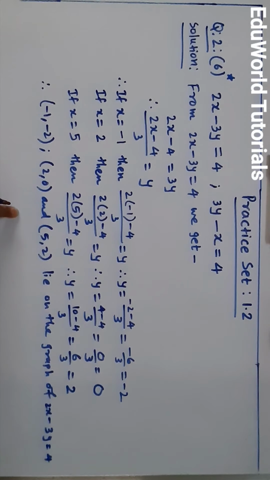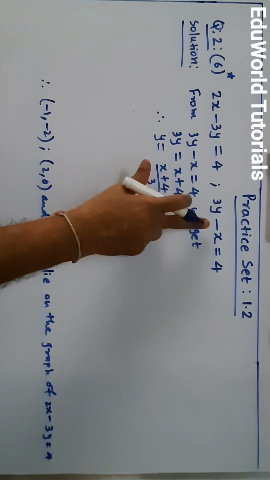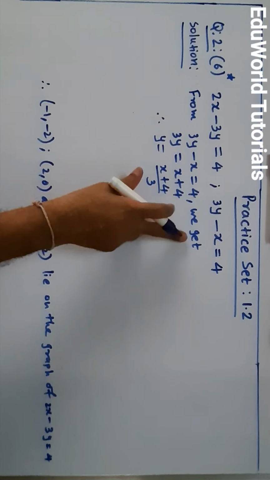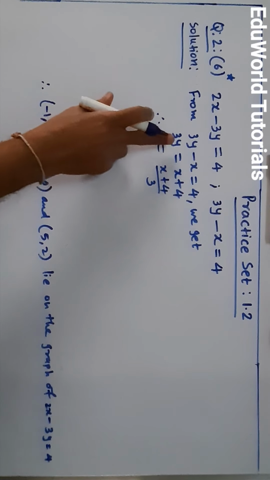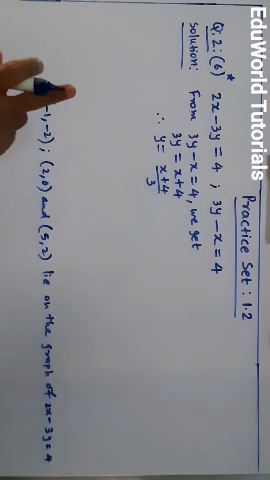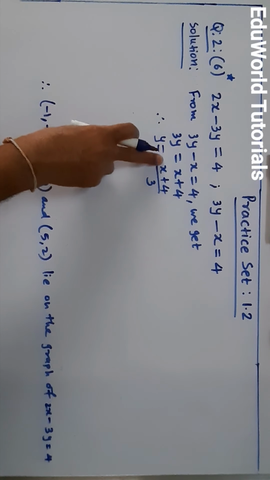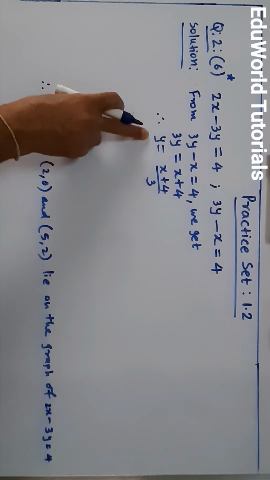Like this, we have to get the value of y for the second equation, and we have to get at least 3 points to be plotted on the graph paper. Okay, so we will solve for the second equation. So dear students, from the second equation, that is 3y minus x equal to 4, I get 3y equal to x plus 4. I shifted x to the right hand side. And finally I got y is equal to x plus 4 divided by 3. Now I have to take a proper value of x so that I get the value of y as a whole number. Okay, which values of x should we take?